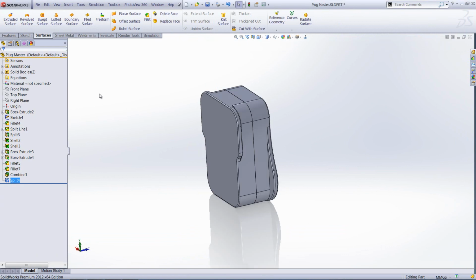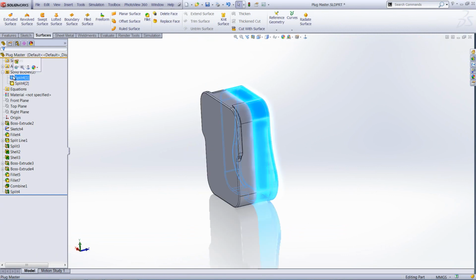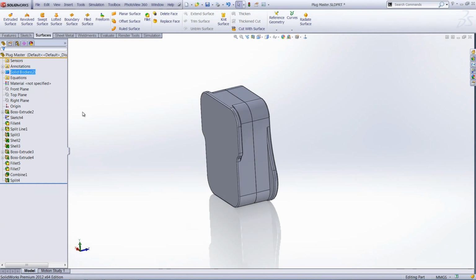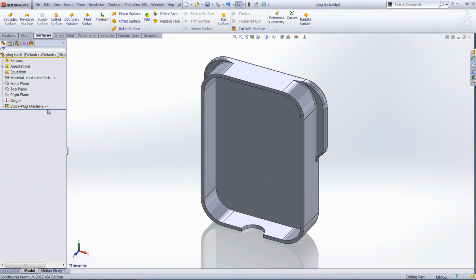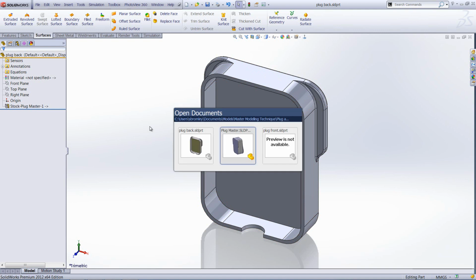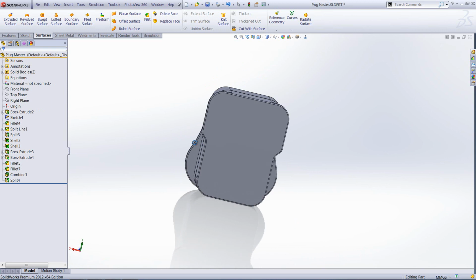It'll go back to the master model. You can now see we've got two individual split bodies. We've also got the individual bodies themselves saved into parts. There's an external reference here which is referencing back to the master model. There's also an indicator here of something called a stock item. Stock item is basically a copy of the original body, and it also shows that there's a link between the two. So what I'll do is go back to the plug master, and with those bodies that we've created,